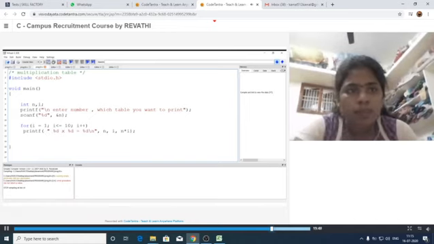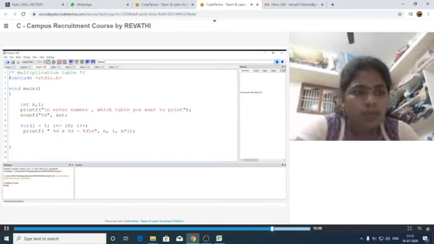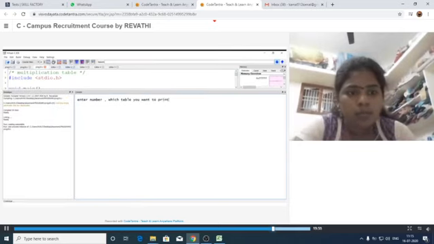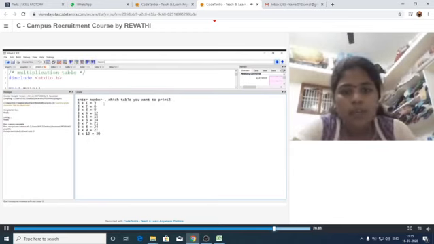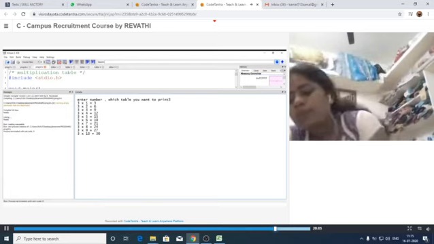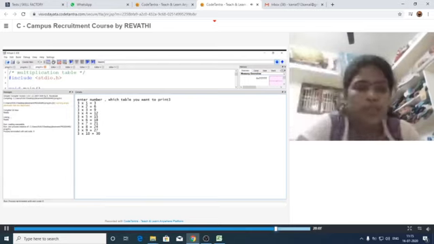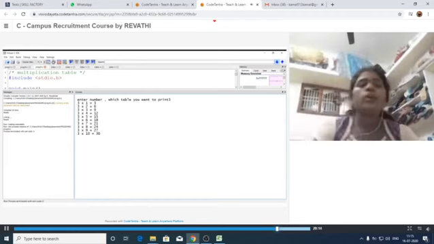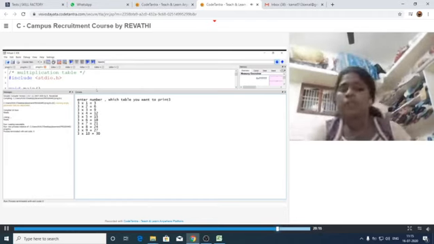I am executing this one. Okay, there are no errors, it is ready to execute. It is asking to give the number, which table you want to print, I am providing 3. Let us see here. It is printing the third table. 3 ones are 3, 3 twos are 6, 3 threes are 9 like that. So for whichever table we want to print, we have to provide that number here. That table will be printed here.